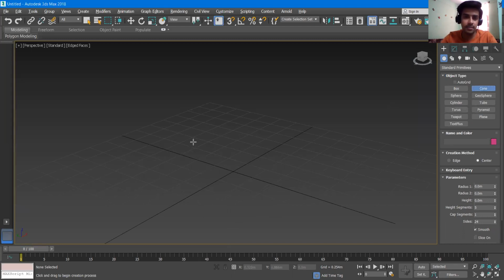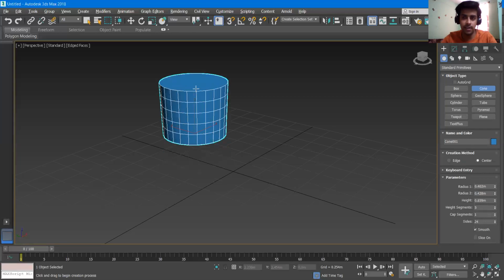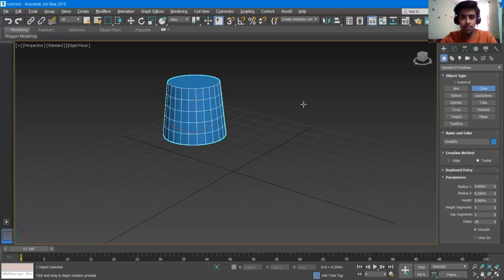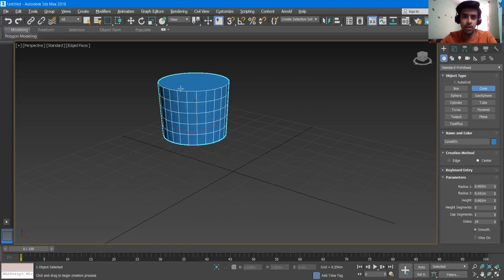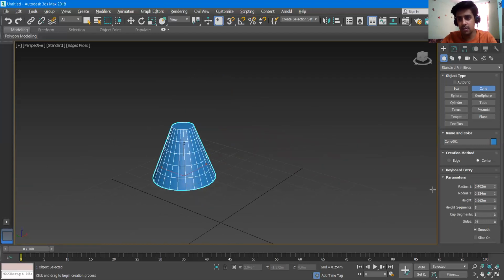Keeping the cone active, if I click and drag, it will ask me for a radius. Give it any radius you want and release your mouse, and if you move your mouse up or down it will ask for the height. If I click it and then move inward and outward, it will ask me for the top radius, so you can give it any value and just click. So this is how a cone can be made.